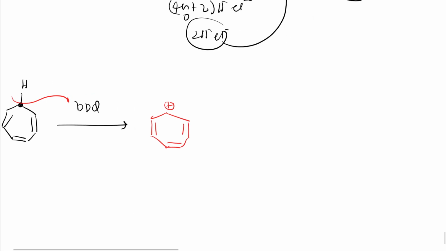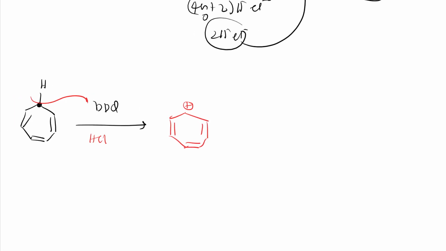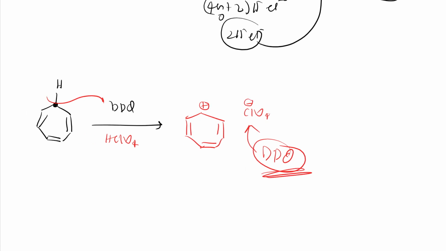So in presence of HClO4 only I will do the reaction. So ClO4 minus, like this ionic pair, and also that DDQ was there, right? It is aromatized further, the same reaction. So H plus it will take from this HClO4 and it becomes aromatic, and ClO4 minus is left in the system. So I'll get an ionic pair, and also it is stable because this compound is there, right? So this is aromatic.